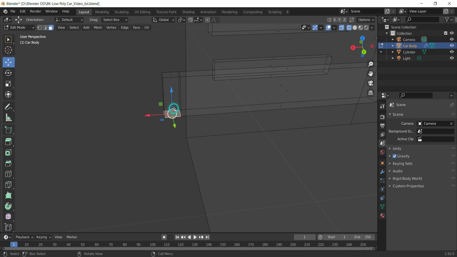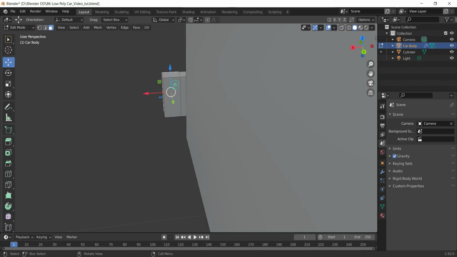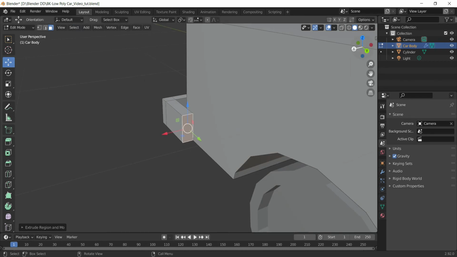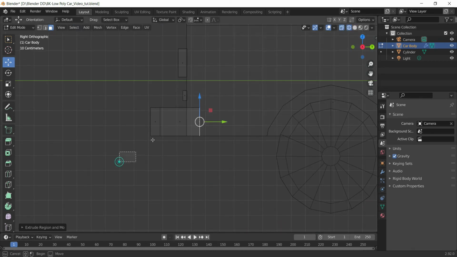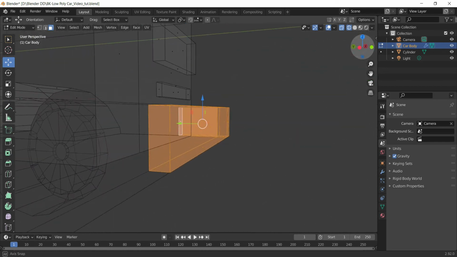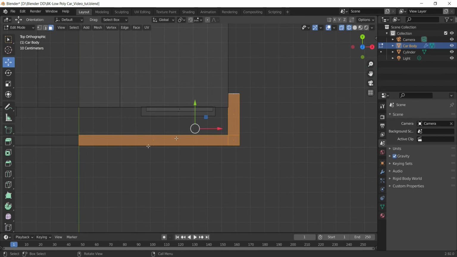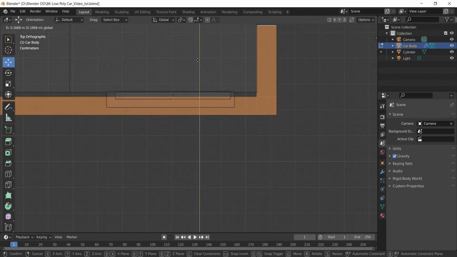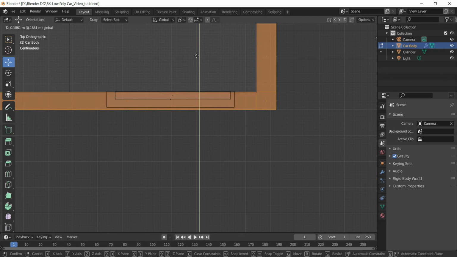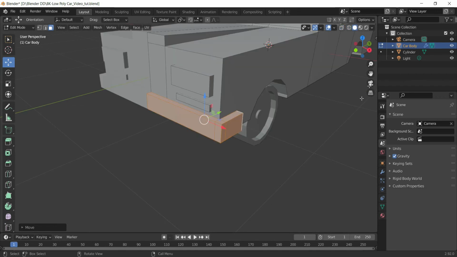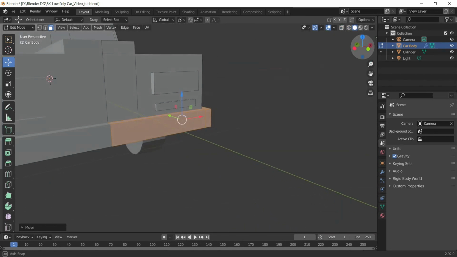Now afterwards, I'll select this face. 1 second. Let me check into the solid which we have. This face we need to select, and then I'll extrude it on this side. Perfect. Now into the wireframe view, let's select all of these faces. Very good. Let's check if we have got the proper selection or not. So from the top view, I think we can make a better adjustment of the placement. So I'll place it like this. Let's see into the solid view how our bumper is looking. It is looking good.